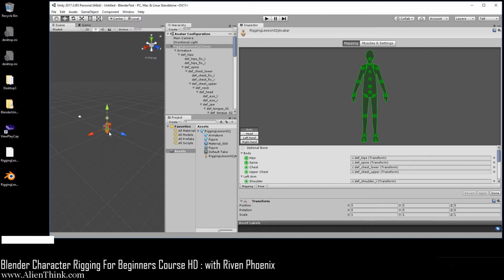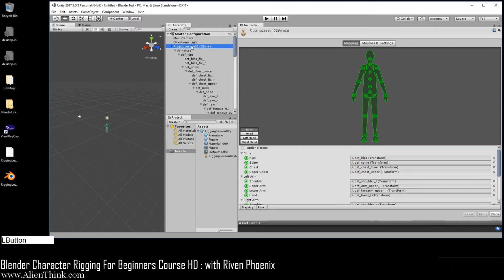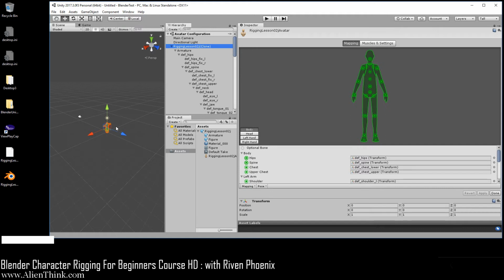Now over here, you can see that the figure is selected, so we're going to press the F key inside this window, okay? Or you can actually double click this. Now if I press the F key, it's supposed to zoom in, right? So we can use the middle mouse button to zoom in over here to focus in on what's going on. And you can use the right mouse button to rotate around this.